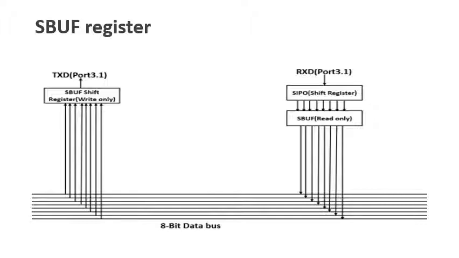In the case of reception, the data is received through the RXD pin, that is port 3.1, placed in the serial buffer register, and the framing bits are removed. The serial buffer register is placed at memory location 99H of the 8051 special function register memory space. It consists of two registers and shift registers to convert the serial data into parallel or vice versa.